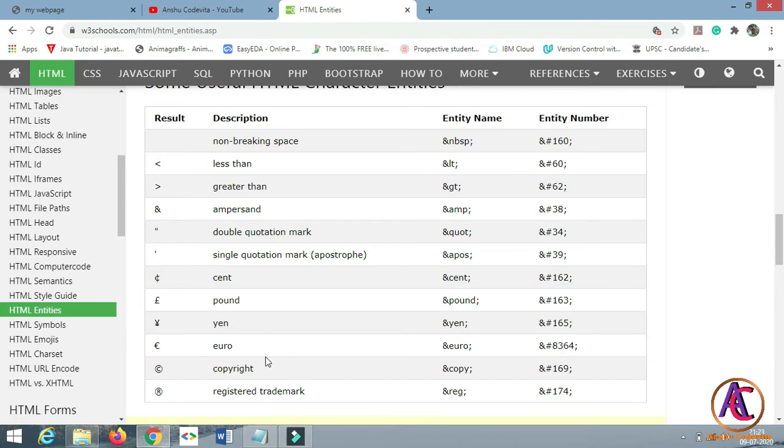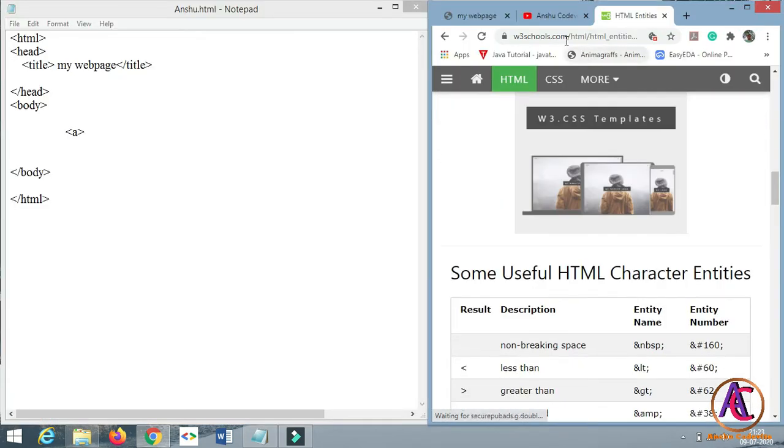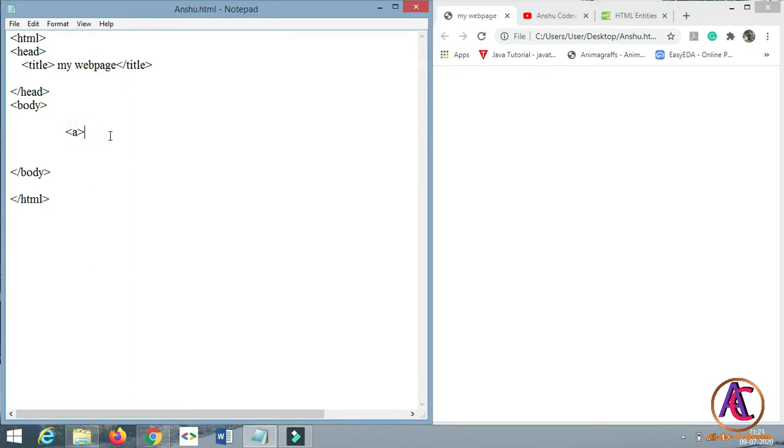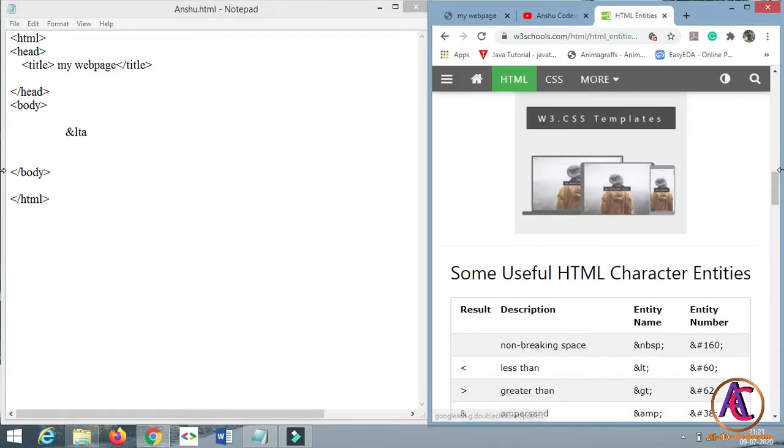Now go to the code and type some entities on our web page. So type &lt;. Let me check whether we are right or wrong.